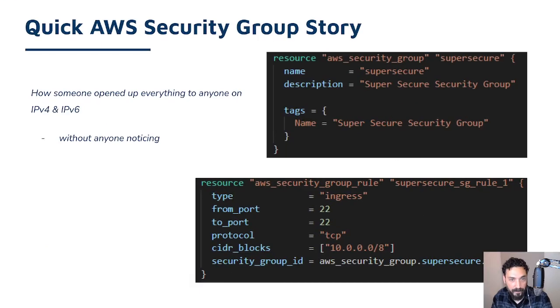The problem is, as I said, in this case the manager in question forgot to tell the team, and as everything was solved, no one cared anymore about talking to anyone, about using tickets or whatever. It was a solved issue, and for weeks that security group was fully opened to the world. So fortunately for them, nothing bad happened, but